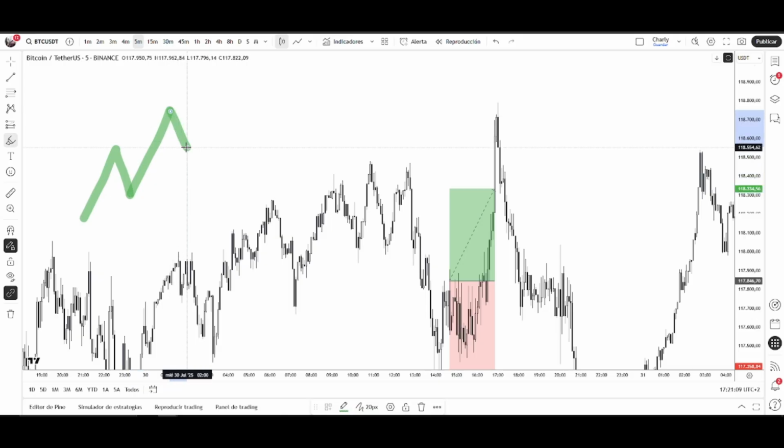Obviously, we need to know that the market is ready to then make the third impulse, because if the market is still going up, we cannot say that this is the third impulse because we don't have a second pullback. If this makes sense, just go back in the video a few seconds and replay this part again because it's extremely important. Once we have the second pullback, we can then say, all right, let's get into the third impulse. Now, how do we do that?